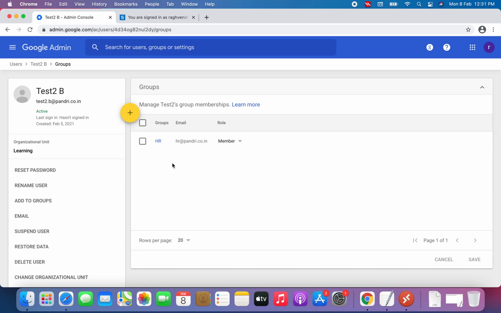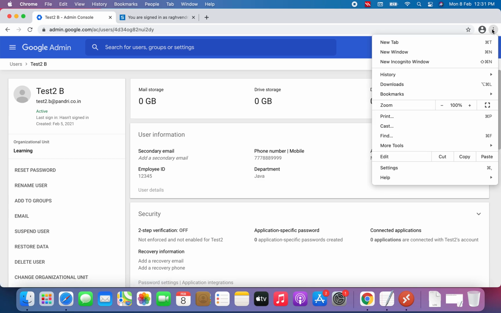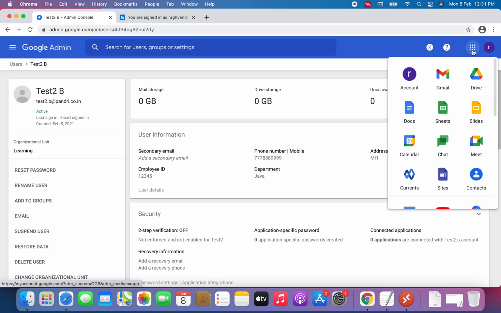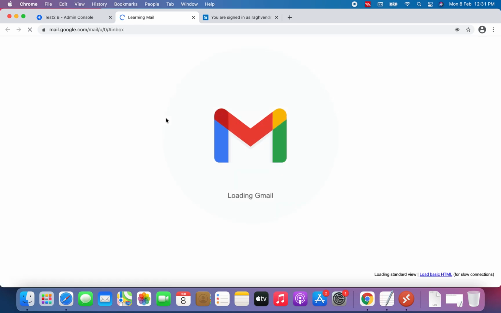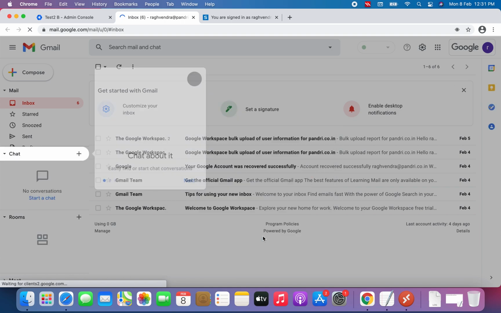For now I have assigned only the member role. So let's see. For testing, I'll send an email to HR, then we'll check whether the email is delivered to this particular user. Let me log in. I will open Gmail from here. As you can see, I'm logged in.